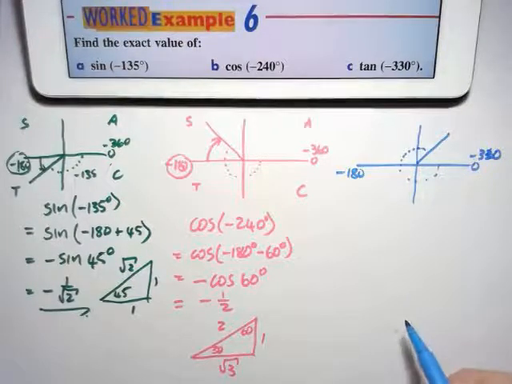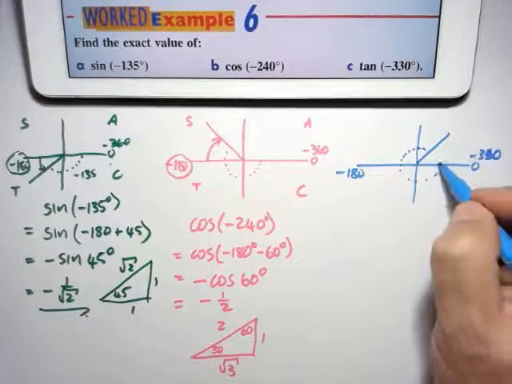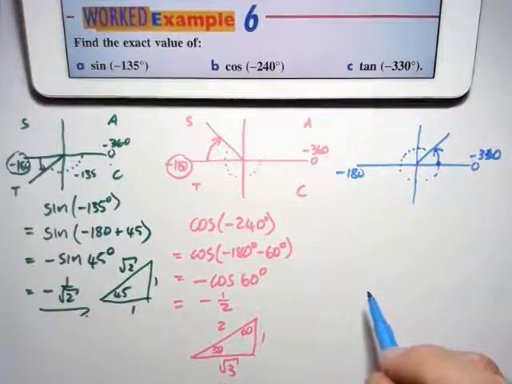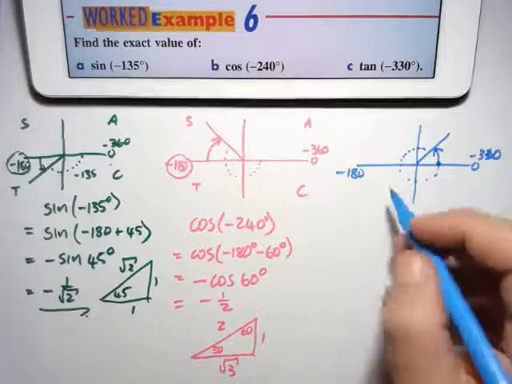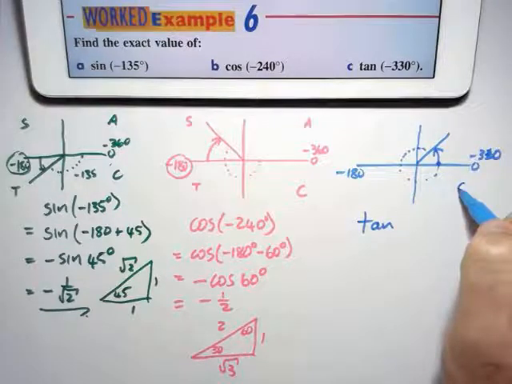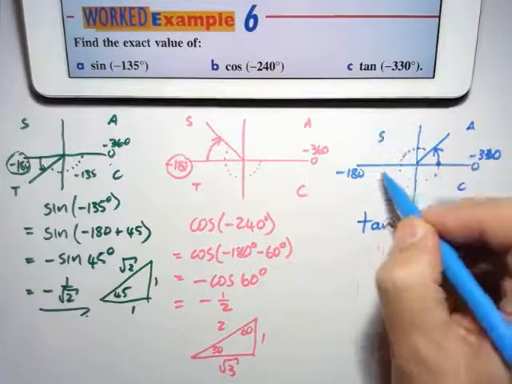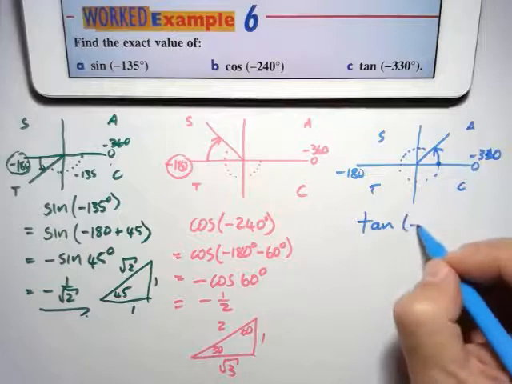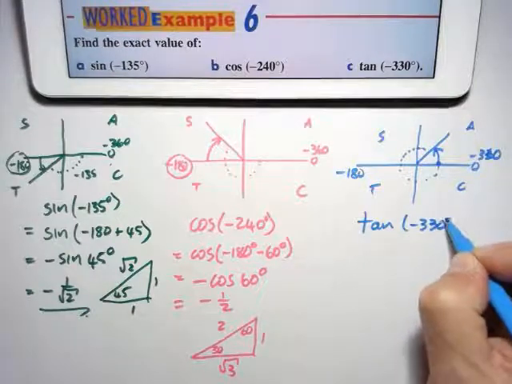Okay, so that is negative 330. So from there to there is where my reference angle is. This still stays CAST. So the tan of negative 330